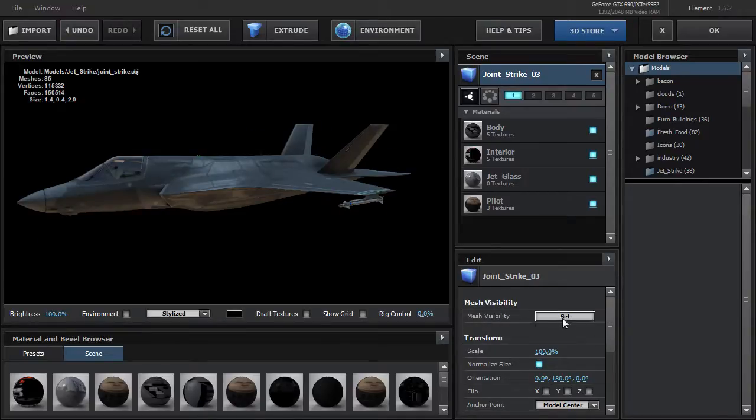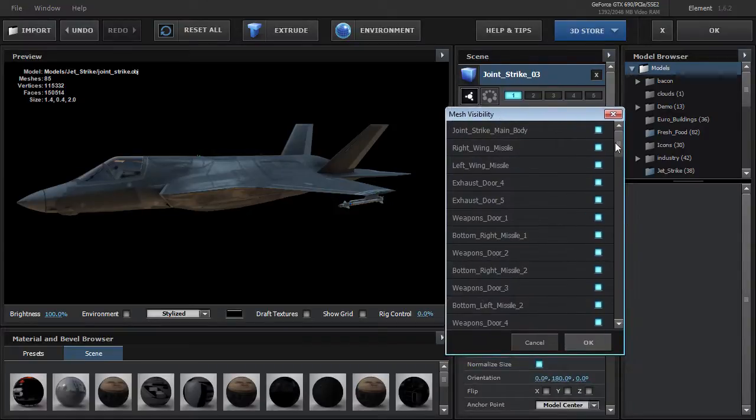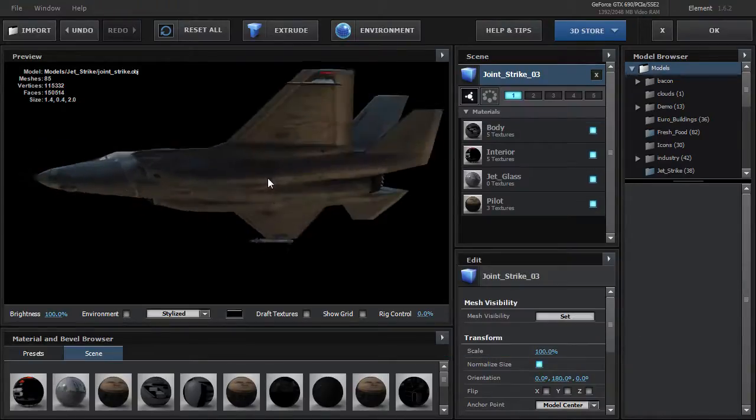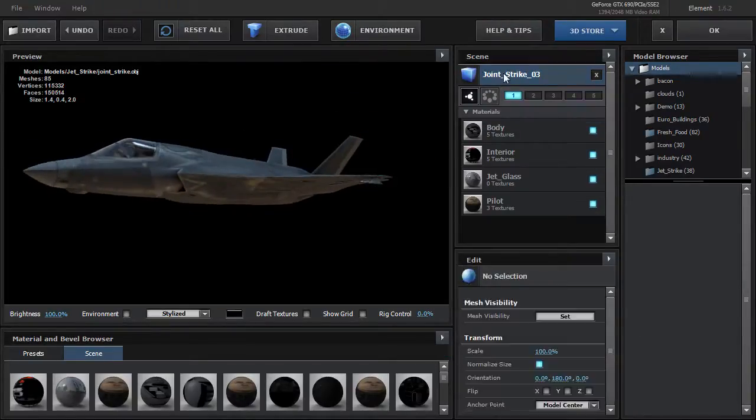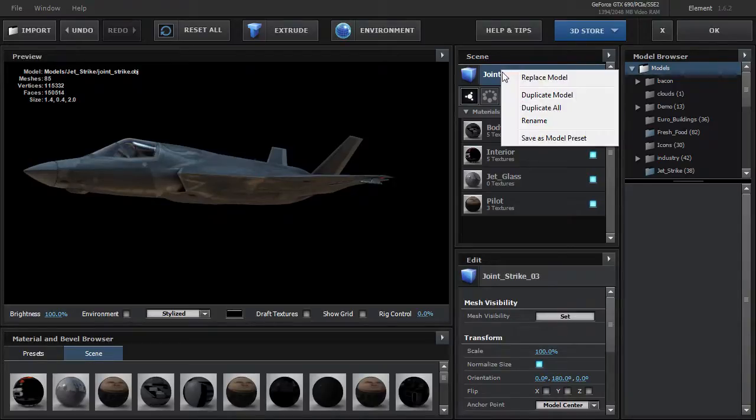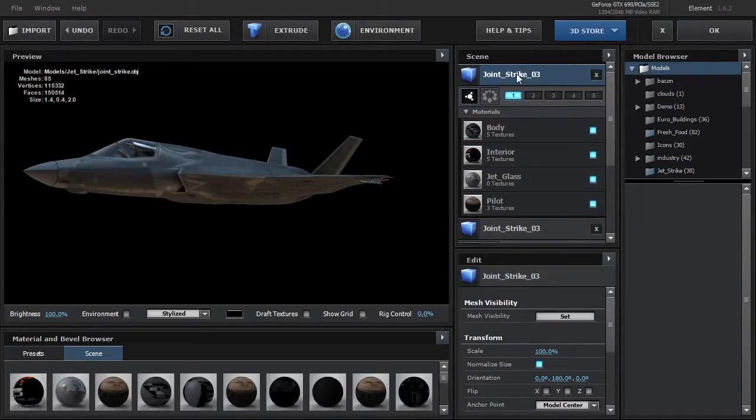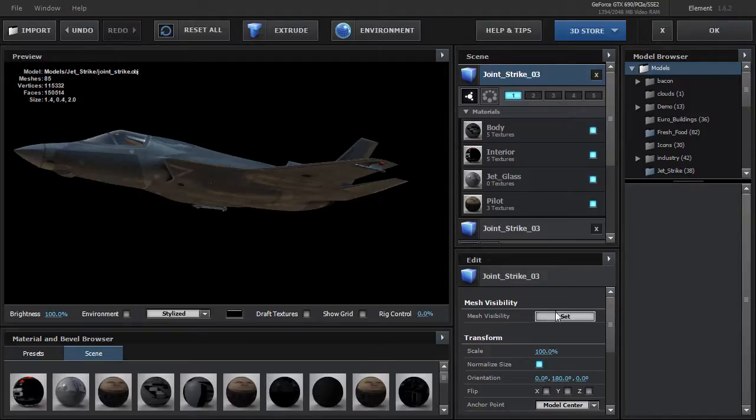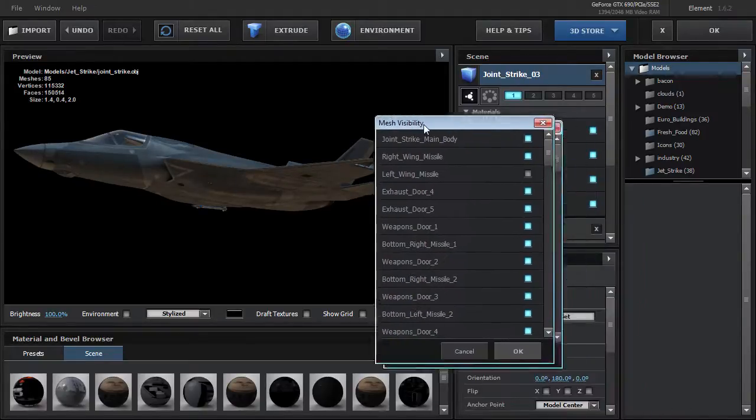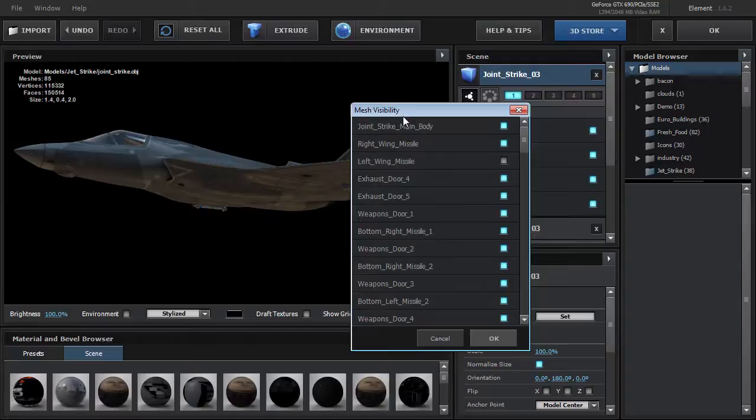So if we click on Set, what this brings up is a list of all the objects that make up this 3D model. So we can really do a lot of interesting things. So for example, we've got the left wing missile. Well, I can hide that object, hit OK. So now that missile is not going to render. But what I can do is right-click on this and choose Duplicate Model. And then if we go back into the mesh visibility, we can go to that left wing missile, and instead of clicking on it,